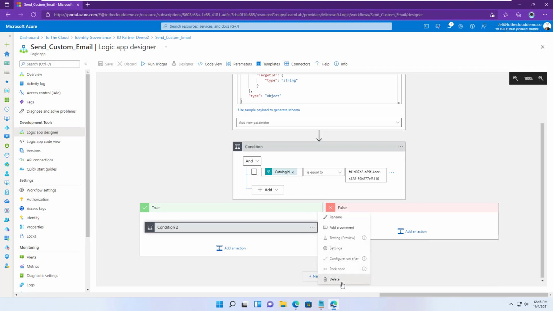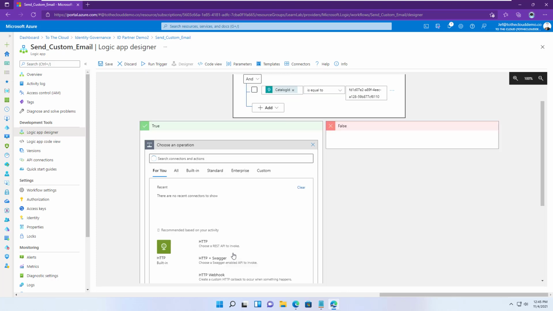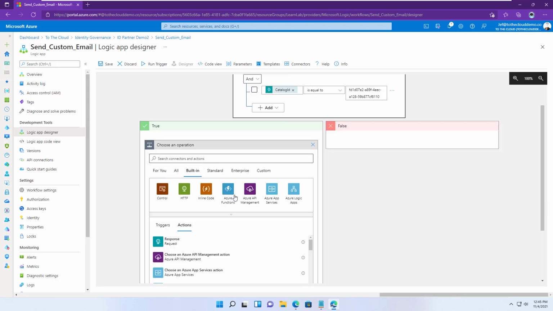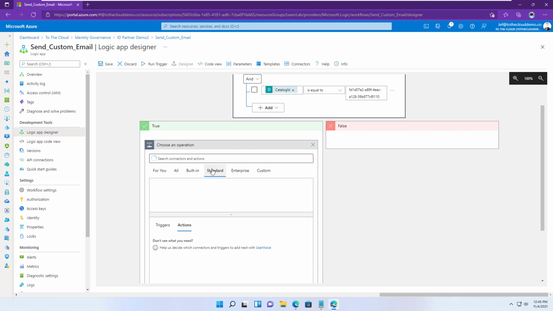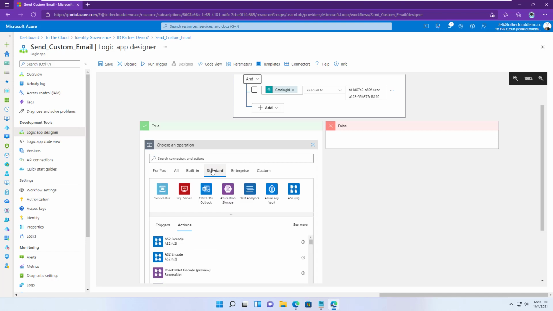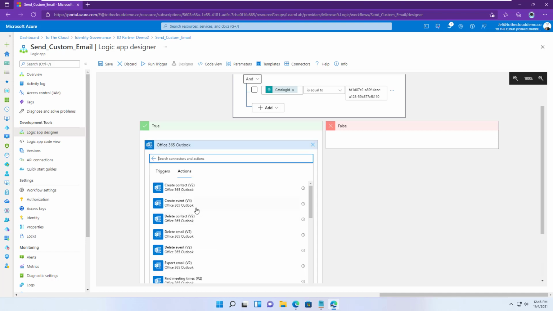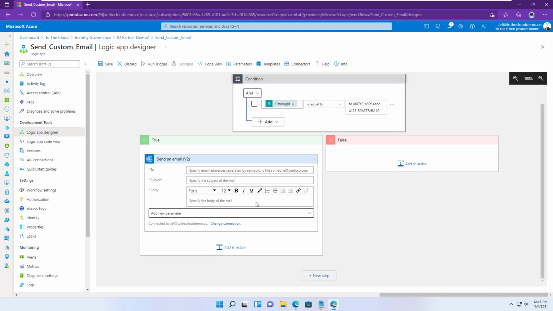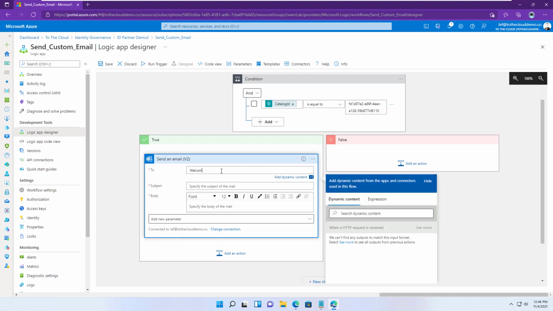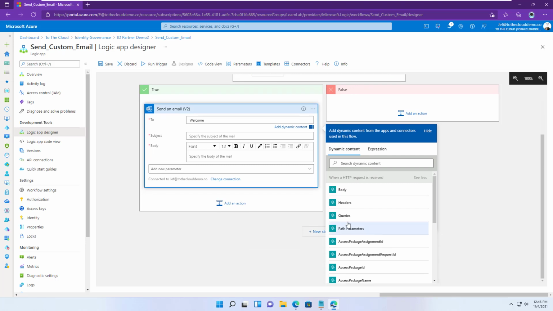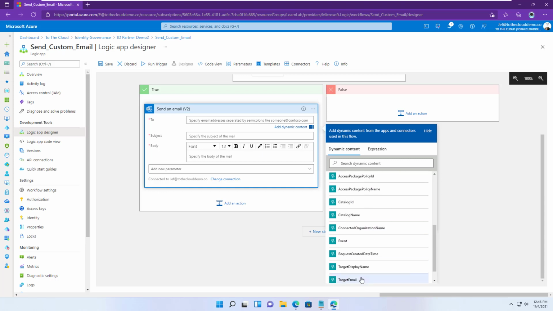Because what I want to do is something really simple, I'm just going to remove the default here. I'm going to add an action. Because we have this rich catalog of actions and connectors built into Logic apps, I'm going to look for sending an email. Because in my environment I have O365 and Exchange, I'm going to send an Office 365 email. So I can say send, and I can see there's the default action here. I want to be able to use dynamic content, and this comes back to what I passed into the request here. Actually, I don't want welcome here. One second. I actually want to send to the